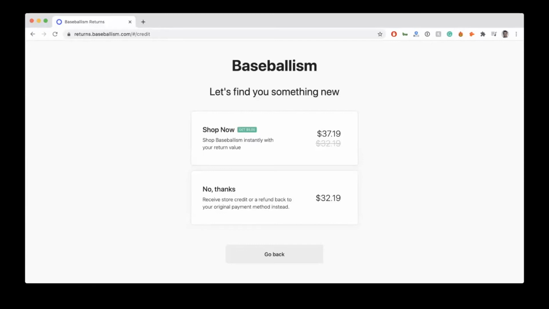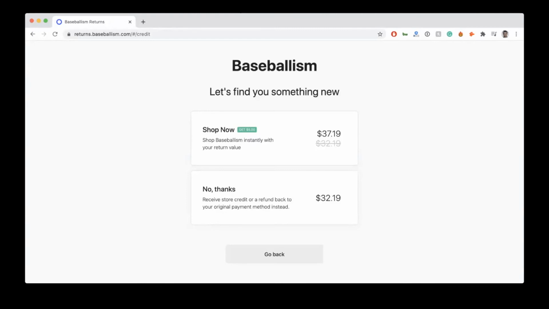All right, so here is bonus credit at work. This is Baseballism. I'm pretty sure they're on the call today. If John's here, John can honestly probably give this entire pitch that we just did by himself, so hit him up for some advice. I actually was buying something for Joe. This was a gift for Joe. And when I go into the return policy here,